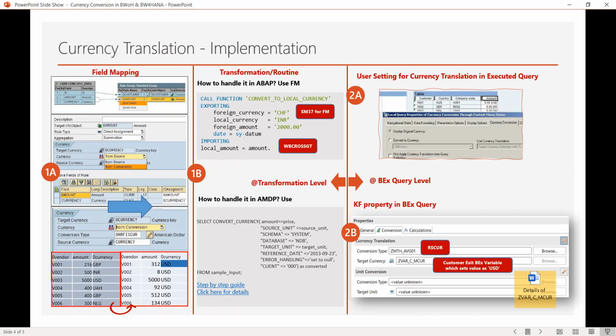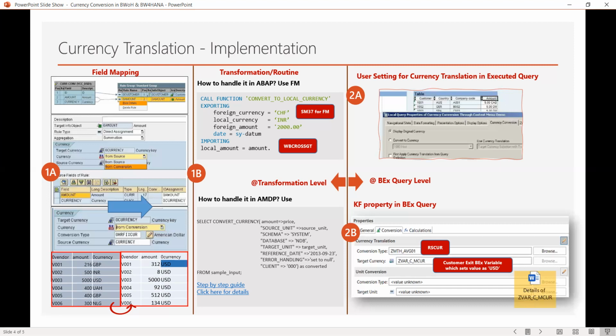Otherwise, you can write the required routine in the transformation, and the routine can be done either using ABAP or AMDP. In case of ABAP, the standard function module is there. In case of AMDP, standard functions are there. You can use those.